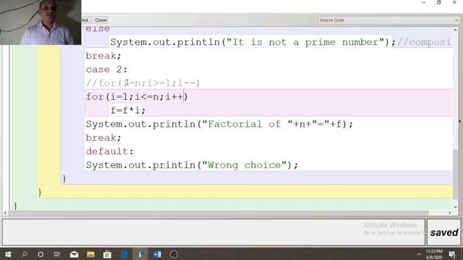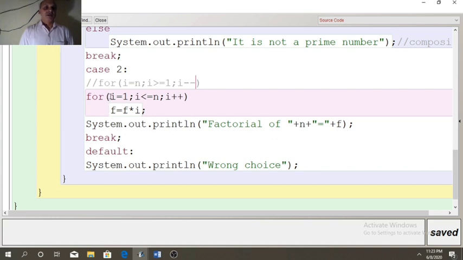Now we have two options here. We can multiply the numbers in ascending order 1, 2, 3, 4, or we can multiply the numbers in descending order. For descending order, we can use the reverse loop. Comment I have used here. Any one loop can be used here. So when you use reverse loop, then start I with n and I will go up to 1 and I minus minus. So when I is 4, it will start with 4, it will go up to 1 and every time it will decrement the value. So we will get 4, 3, 2 and 1.